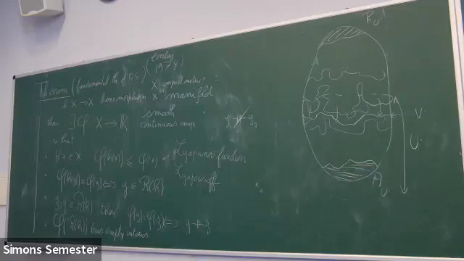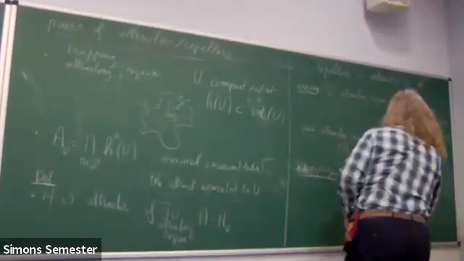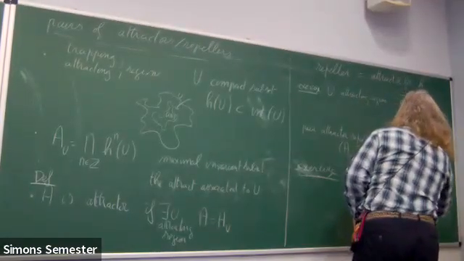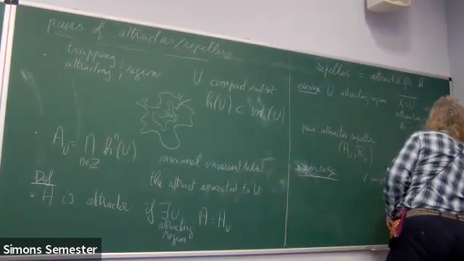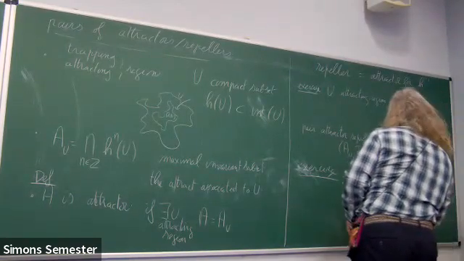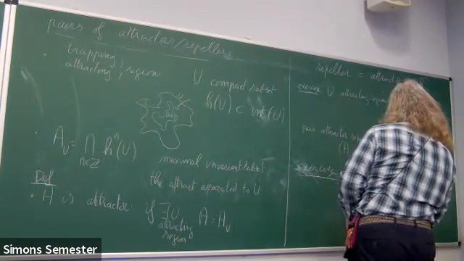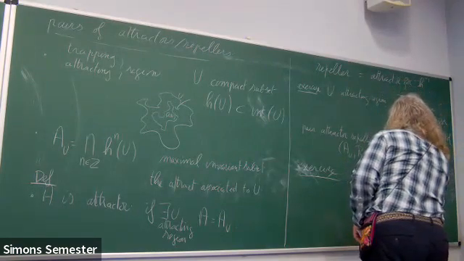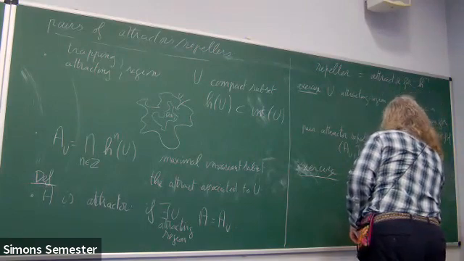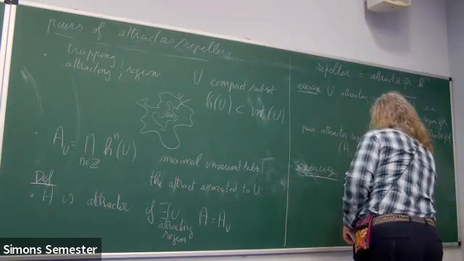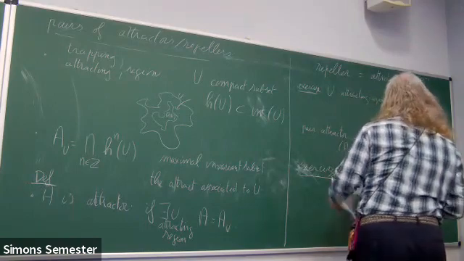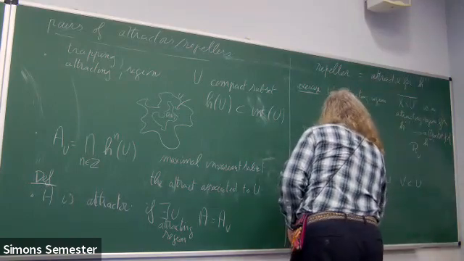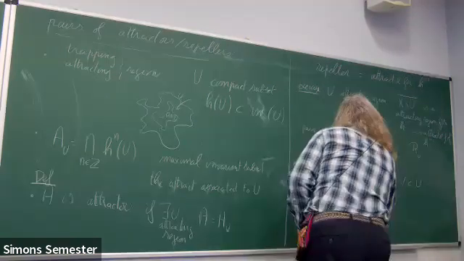If you look at V, which is compact, so that V is included in U and the interior of V contains H of U, then V is also an attracting region